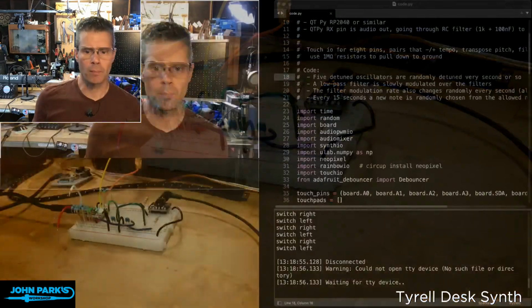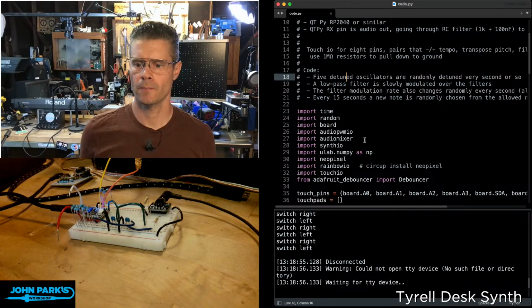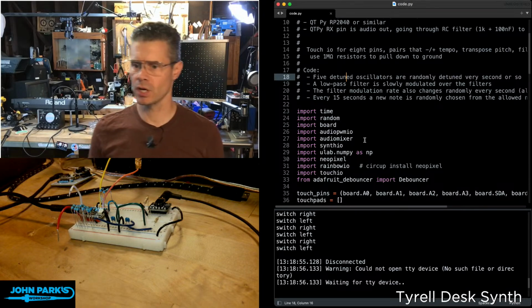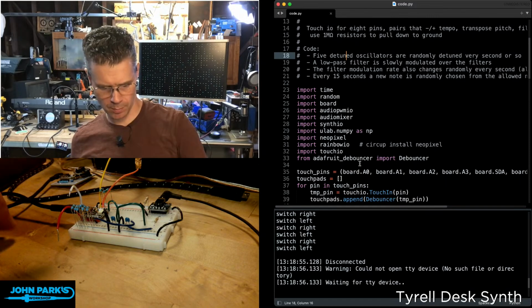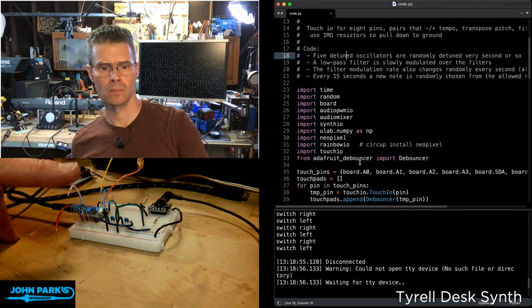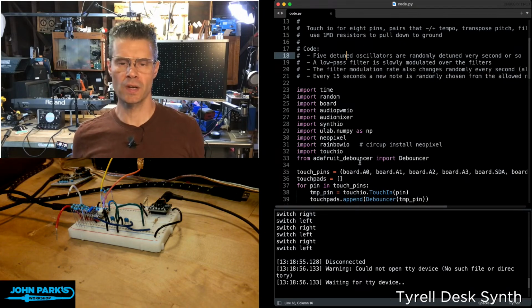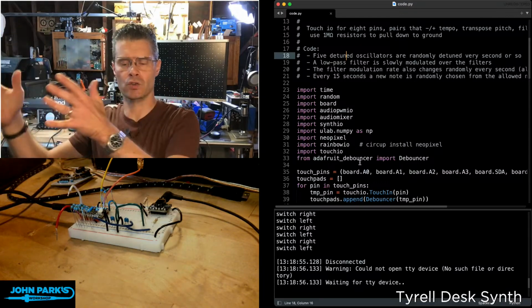And what I'll do is I'm going to pop open code here and show you a couple things. So first of all, I've got my touch pins set up. So now the possible set of notes that it can randomize through have been transposed.